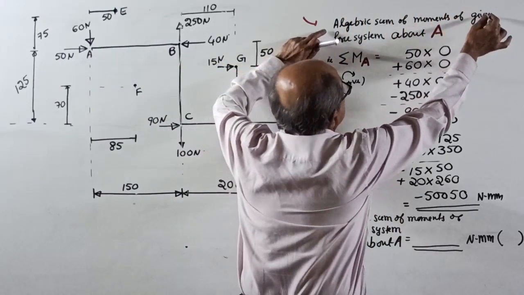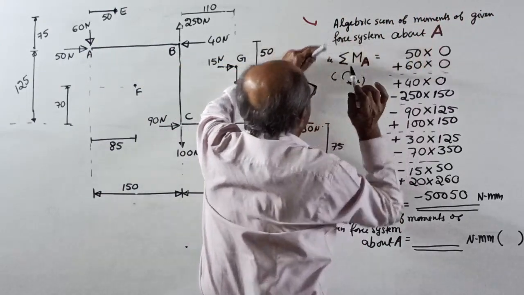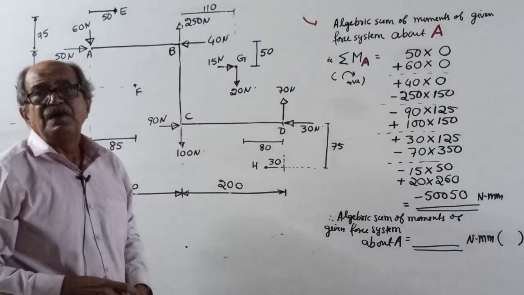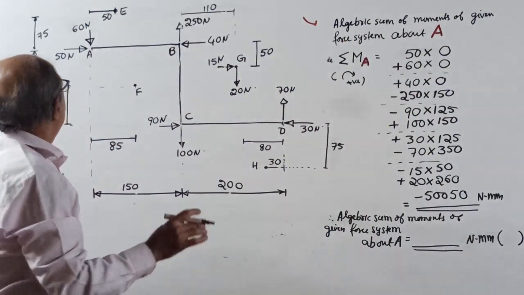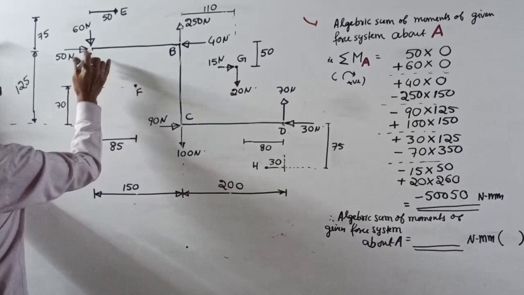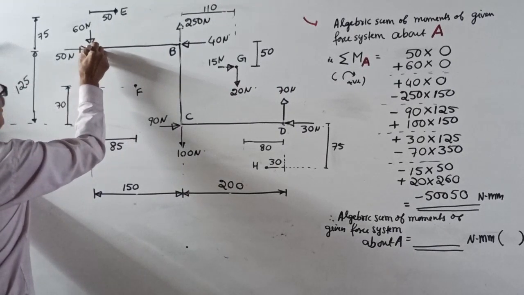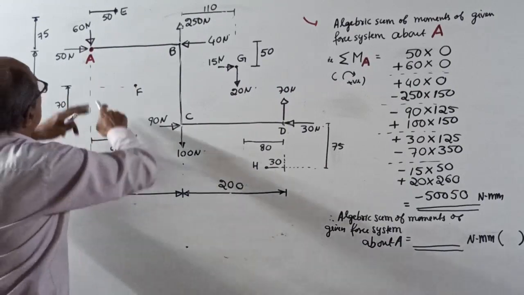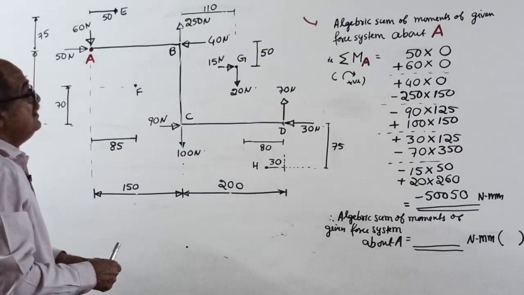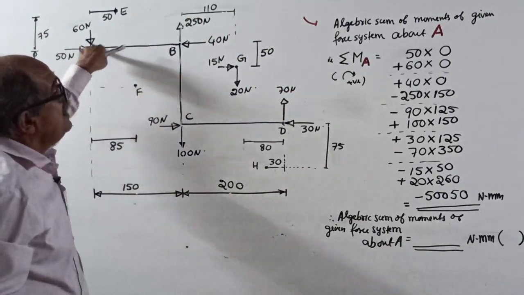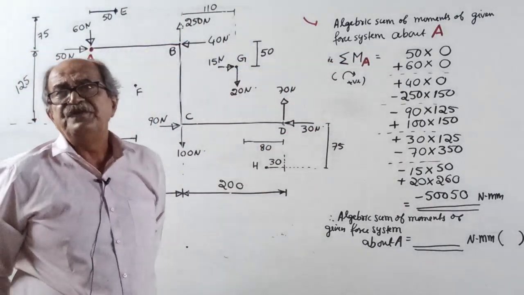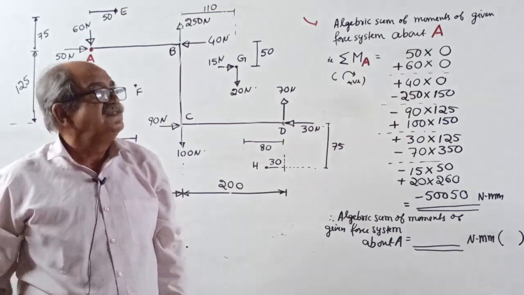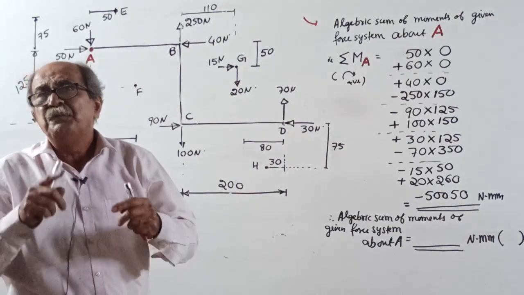Algebraic sum of moments of the given force system about A, this point. Until you get complete control, if there is difficulty, put a solid red dot on point A. This is A. Now, whichever force you are seeing, write its distance from the point A. Once you decide the moment is about A, whichever force you consider, the multiplying distance will be perpendicular